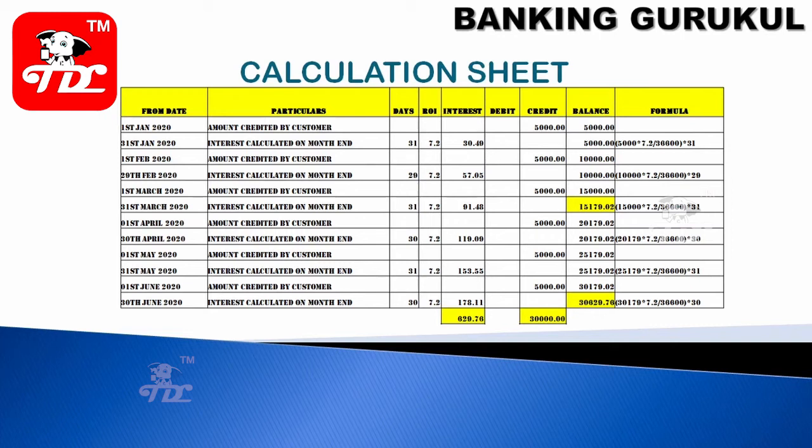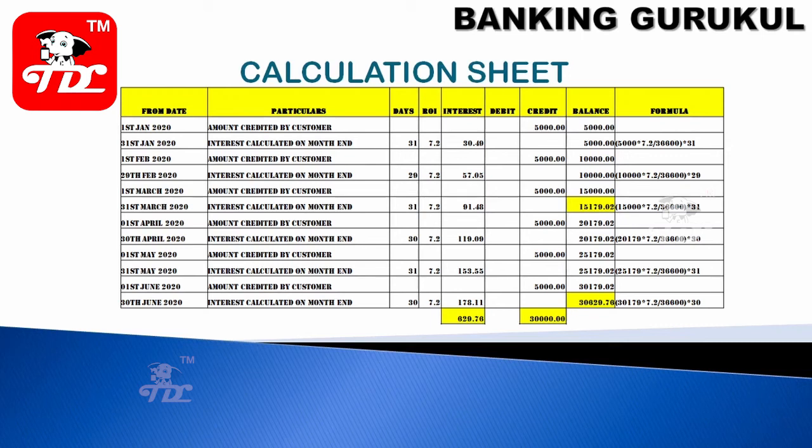Compounding is quarterly. Quarterly means 3 months, so once in 3 months, that means March and June. Every month I calculated the interest, but I have not added it to my balance. But in March, since interest compounds quarterly, I added my 3 months' interest to the balance. Now in April I will calculate on the 4 months I collected, 20,000 plus the 179 rupees interest I got for January, February, March. Compounding means that when you add your interest to your balance or principal, I will calculate on the new balance.